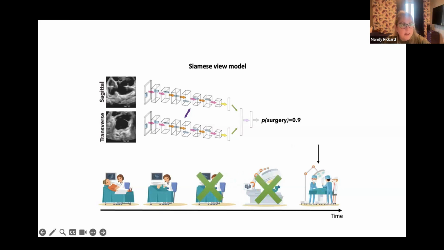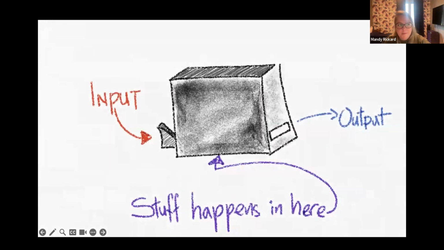And while this sounds promising, how do we know that we can believe this prediction? So I'm sure most of you are familiar with what's called the black box effect. This refers to the uncertainty with what's happening in the hidden layers of a model. We see what goes into the model and we see what comes out, but we have no idea how this output is generated. And this might result in apprehension in trusting the prediction generated by the model. So ensuring explainability and transparency in algorithm predictions is important, especially for those that might influence healthcare decision-making and patient care.